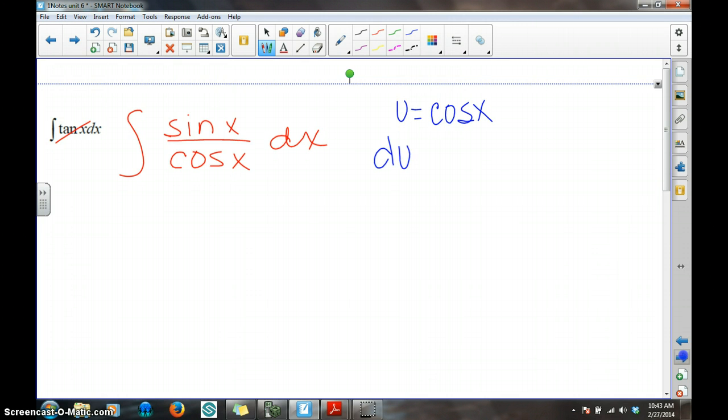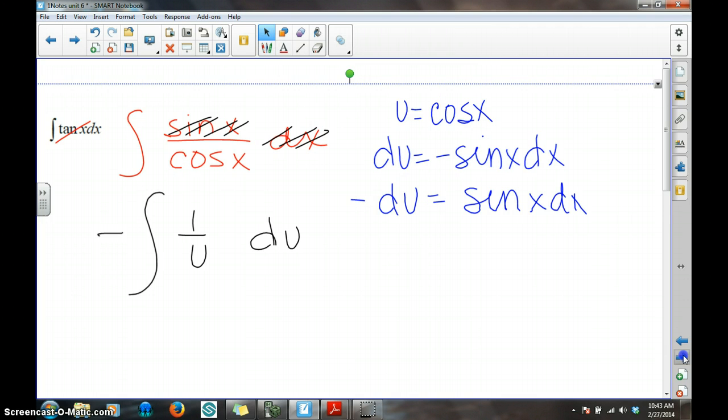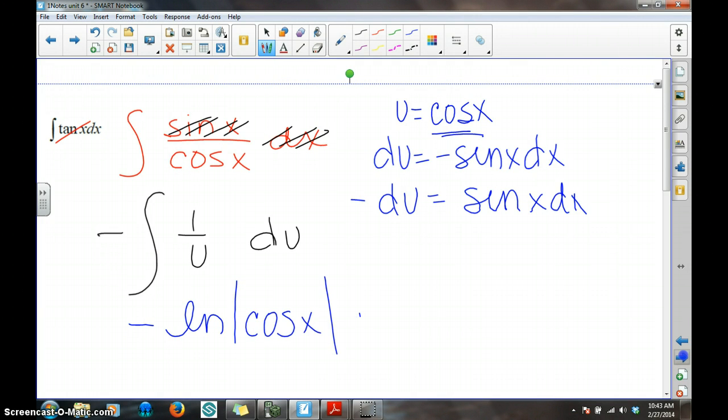The derivative of u is therefore the negative sine function. I've got the sine function, but it's not negative, so I will replace the sine of x dx with a negative du. And so all of this stuff is going to be replaced with a negative du, and this thing right here will just become a u. And that makes the integral of tan a negative ln of the absolute value of cos. Now the only big issue with that is that because my answer is a natural log, this negative